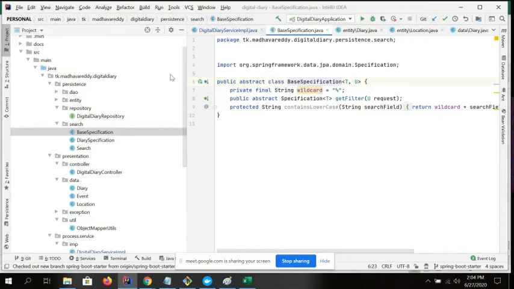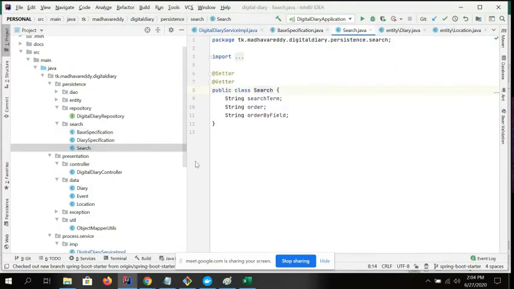Suppose training is there, under training TR, whatever entries are available with TR, or events starting with walk. Sometimes I will give walking, sometimes walk, sometimes W, some spelling mistake I make. If you want all together WA, starting with the WA word, you want to filter all the entities, and how do you do that is a search operation. Search by can be anything: order time, search term, order. Search term can be anything.